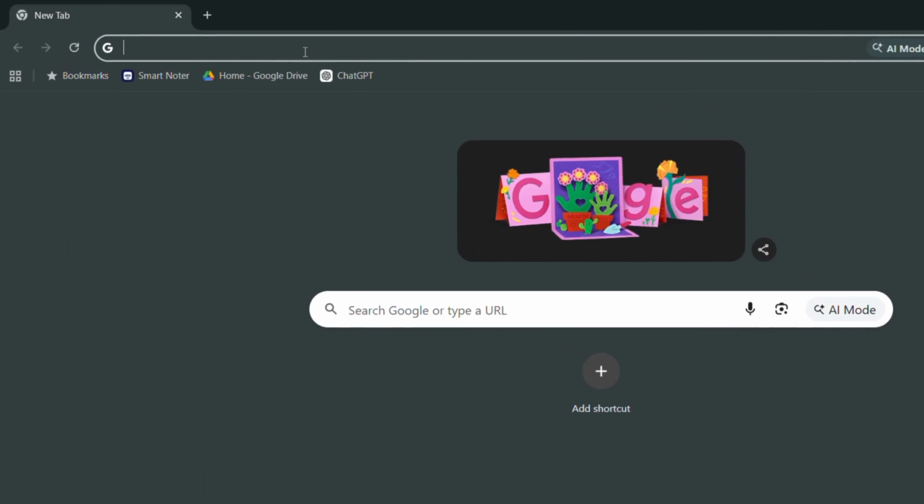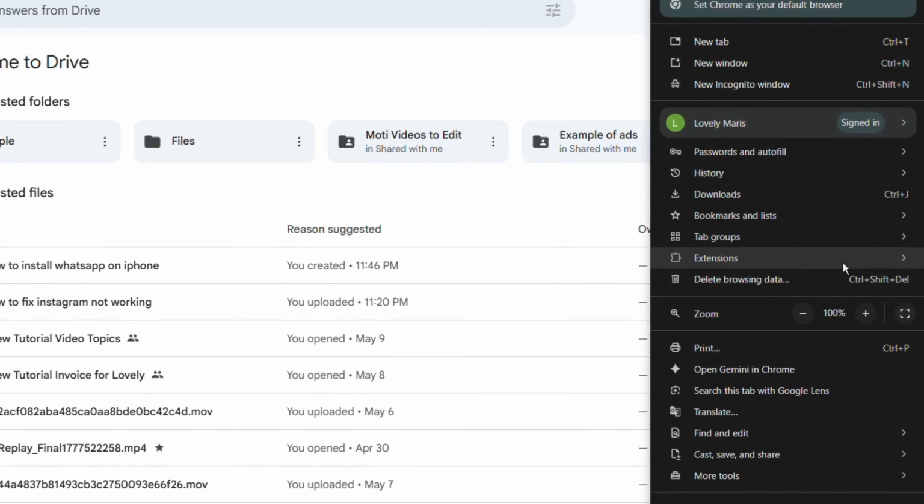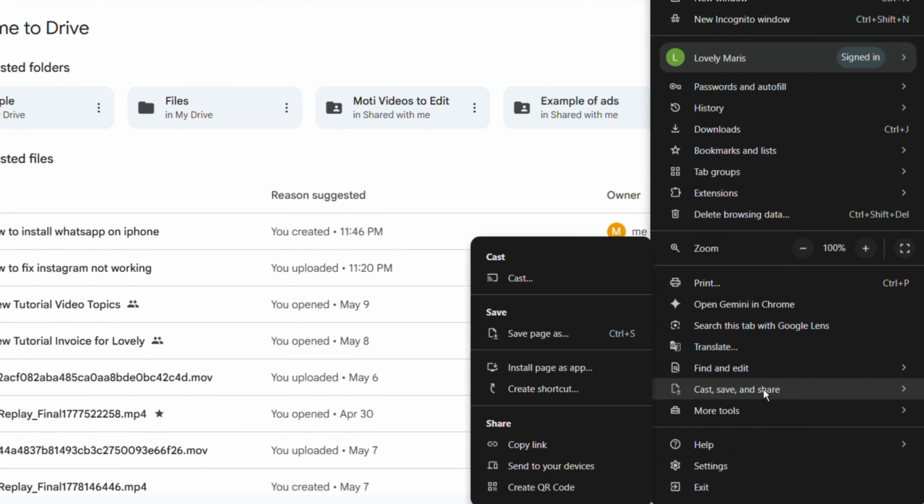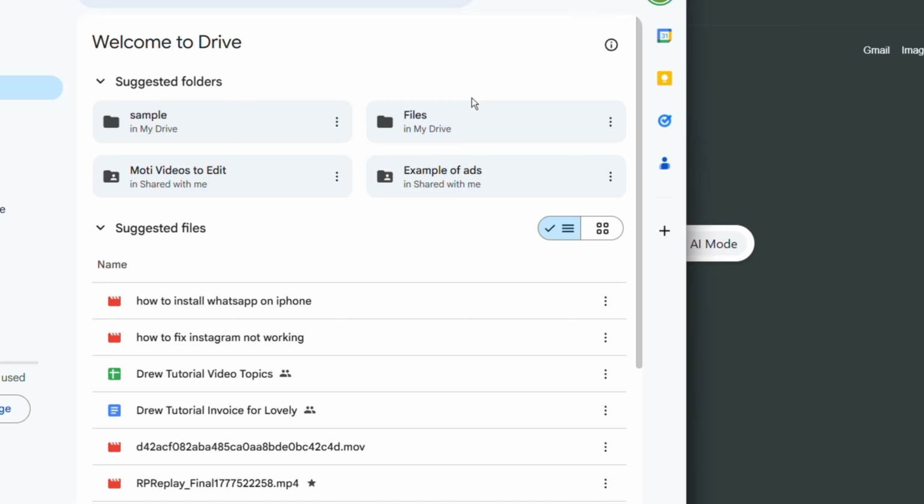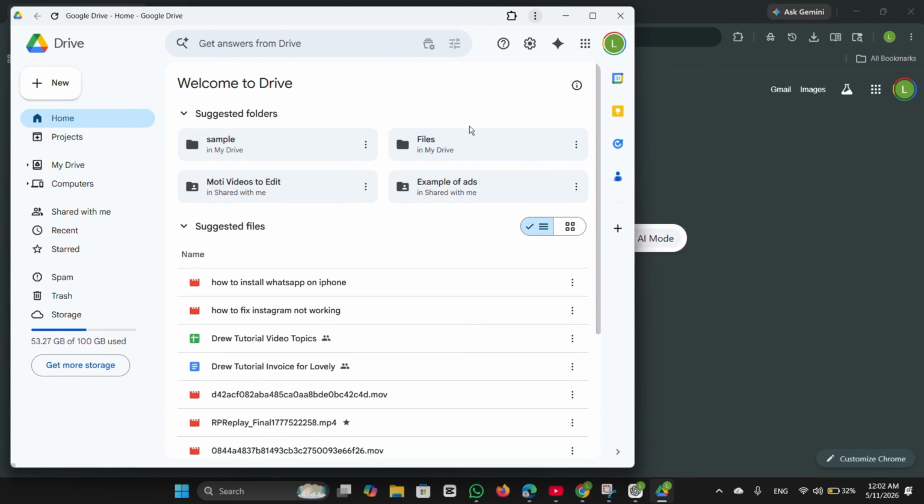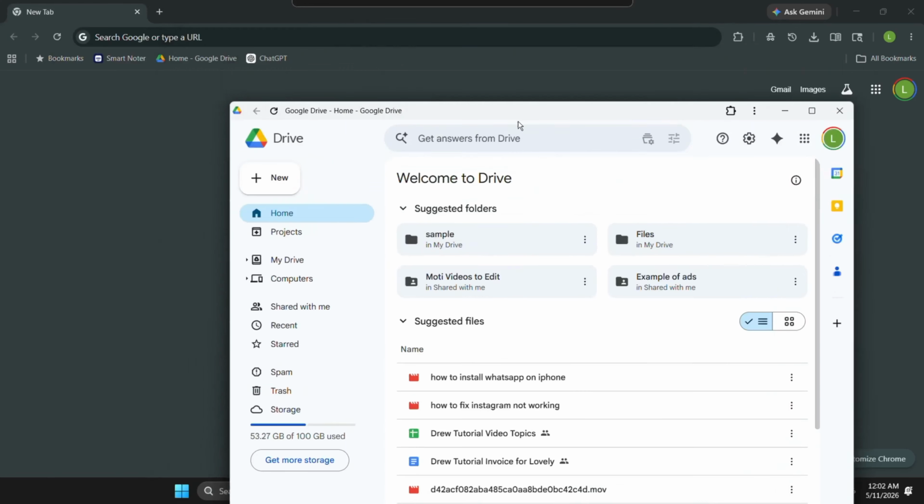So again, let's do it from another app. Let's open Google Drive. Once it loads, click the three dots at the top right and go to Cast, Save, and Share. And again, you need to click Install Page as App and click on Install. And again, it will be installed right away. So, very, very easy. The website now launches in its own app style window instead of a normal browser